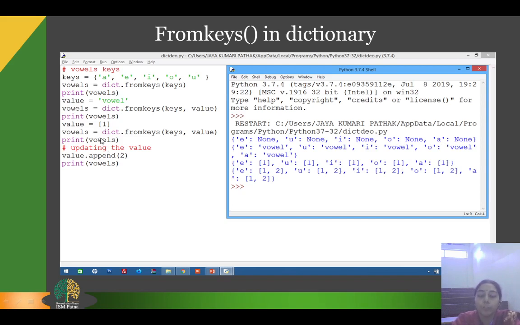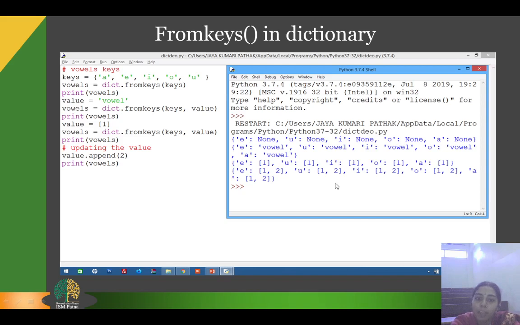Whenever you update your value, it gets assigned to all the keys of the dictionary, as you can see.